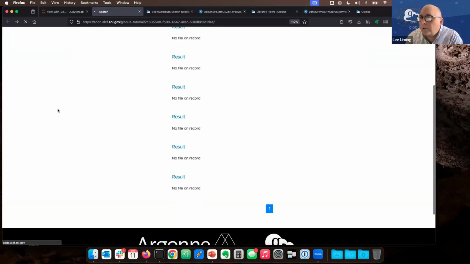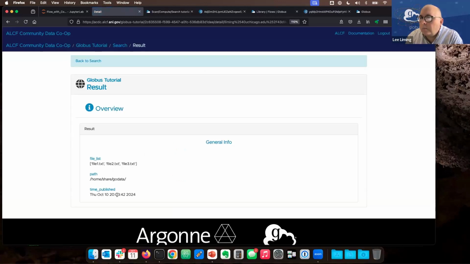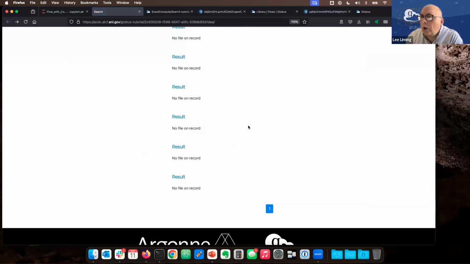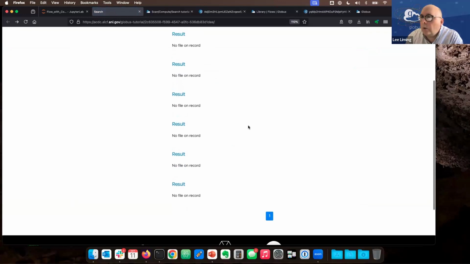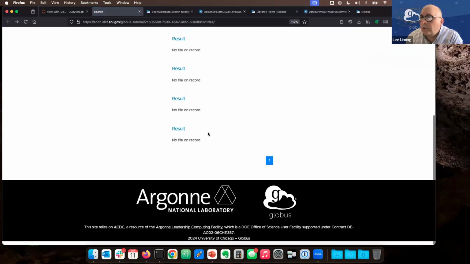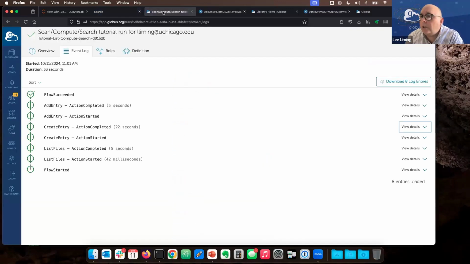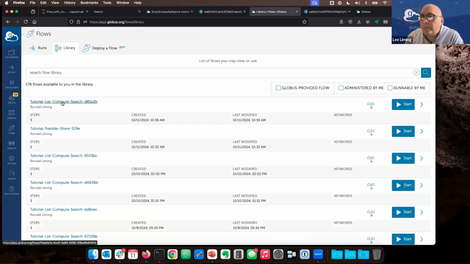So let's look at one from yesterday, I hope. Yeah, this was one that I published last night while I was working on this flow. So all these results are here. And if you go through the notebook, it will add more results to this right here. Now, you'll probably be scanning the same directory that I did, but if you go back to the flow library, you will now have in your flow library